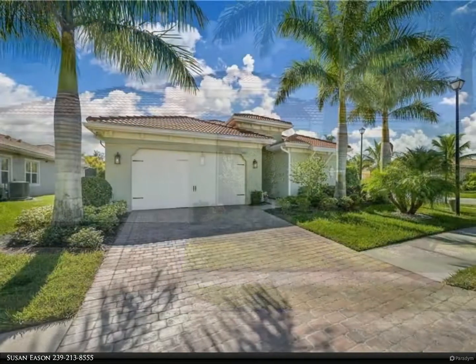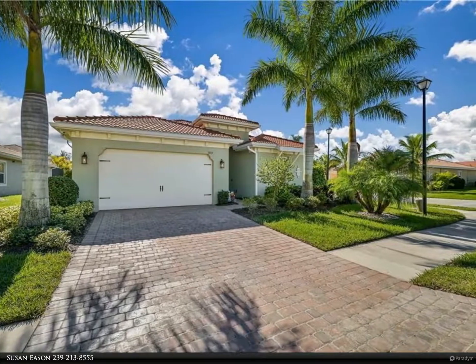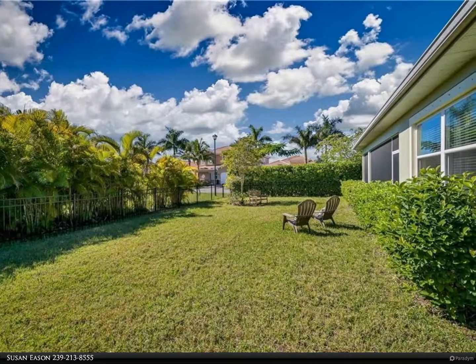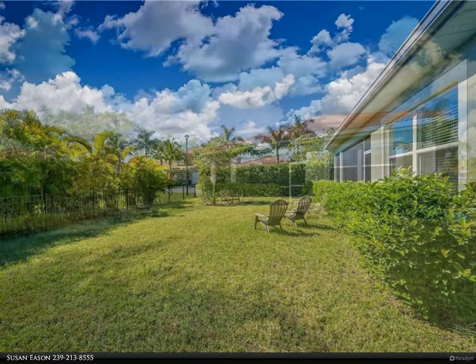Welcome to this gorgeous Edison floor plan featuring an impressive entry with 8 feet doors, high tray ceilings, crown molding throughout and tile floors in the entire home. This home shows like a model and features 3 bedrooms plus a den and an oasis fenced-in backyard with total privacy